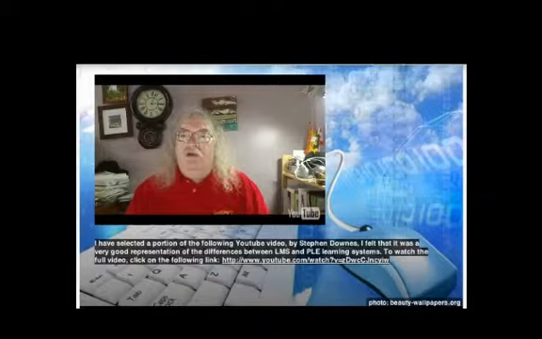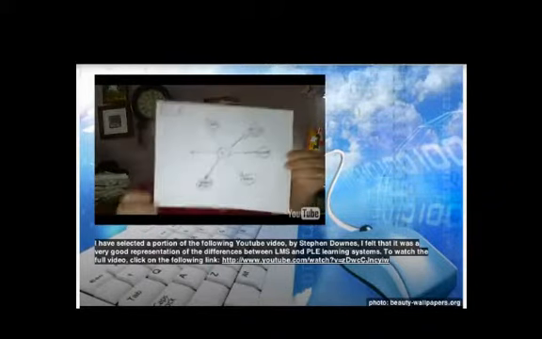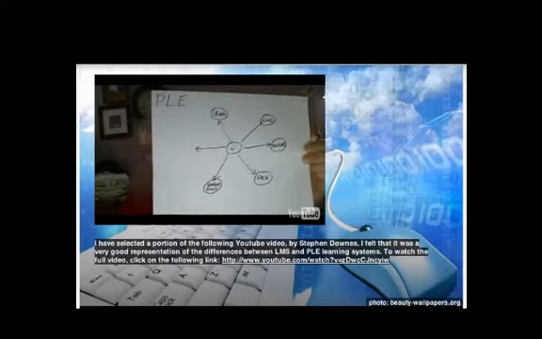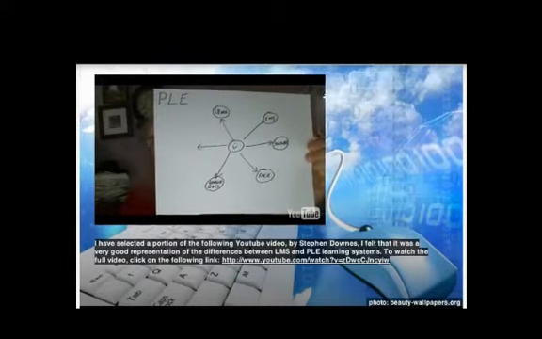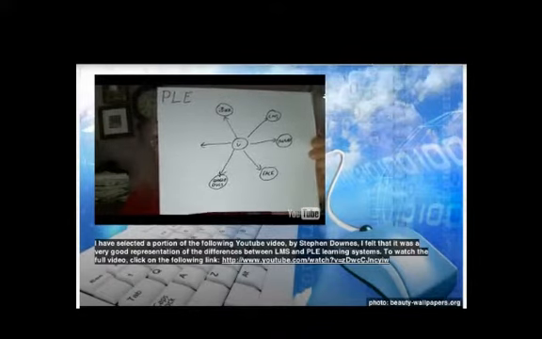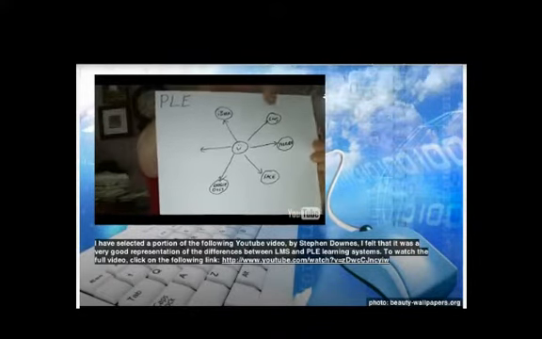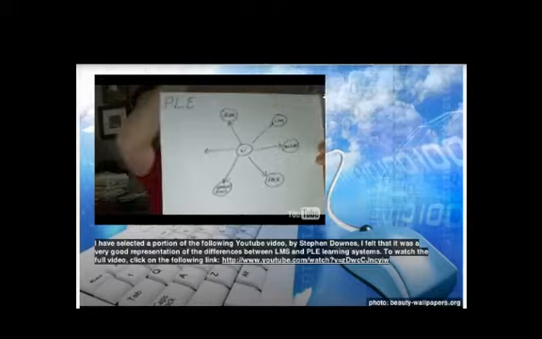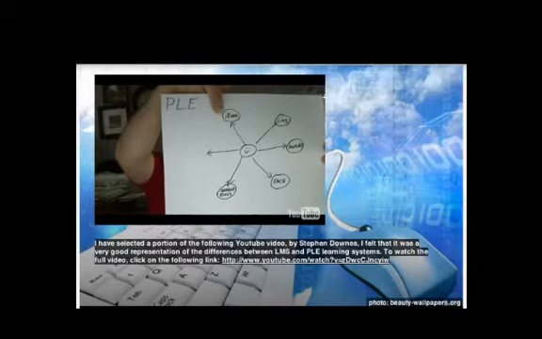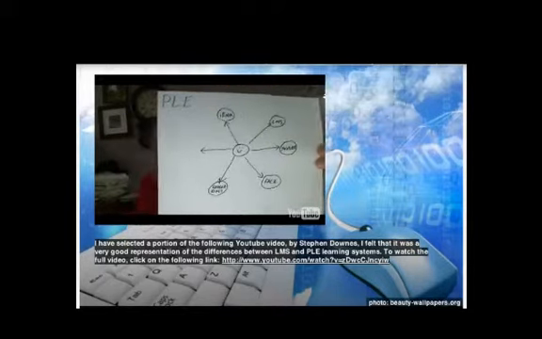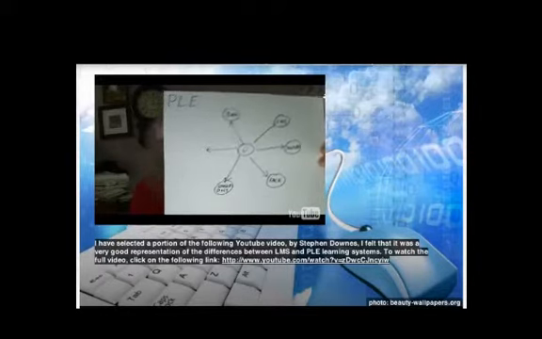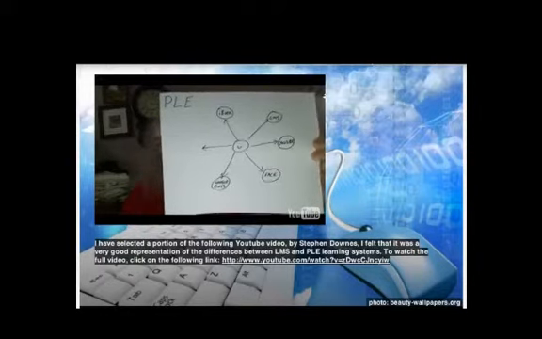A personal learning environment, by contrast, does not place a large piece of software at the center. Rather, the model is you, the smiling individual, are at the center, and then you access your content and services from different places all over the web. You can still access a learning management system, but you're also accessing things like iBooks, or Facebook, or Google Docs, etc. Whatever you want to access, wherever you want to access it.